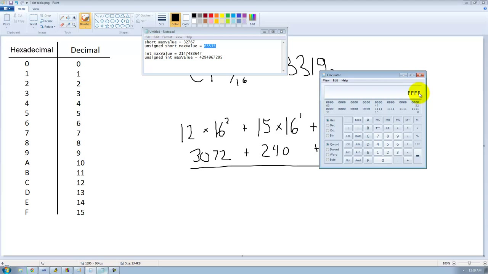So let's just say that we wanted to represent the maximum value for an unsigned int in hexadecimal. So we just need to do 1 byte, there we go, 2 bytes, 3 bytes, 4 bytes. So 8 Fs is the maximum value for an unsigned int. So this is the